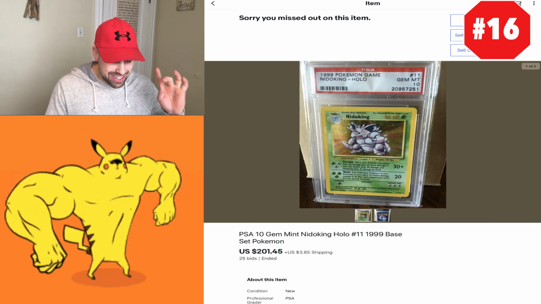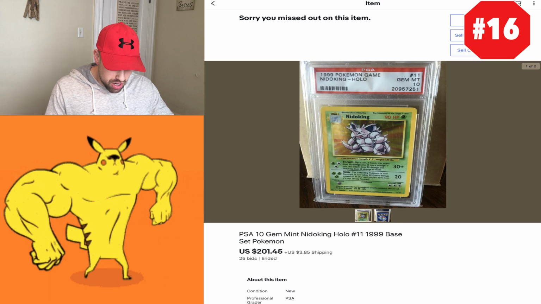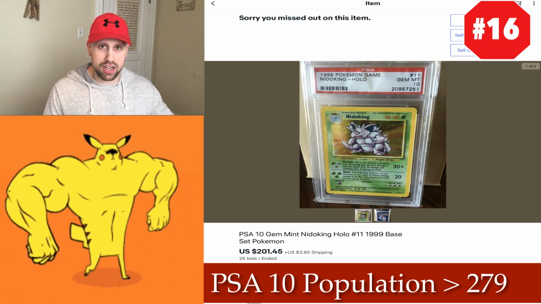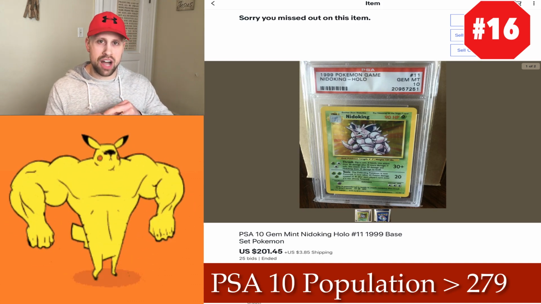So this all ended in the past 2 or 3 days. This is the current price these cards are selling for. So up very first at number 16 we have the Neato King. Neato King ended at $201.45. Now this card has a population of 279 examples, and this is as of right now the least valuable